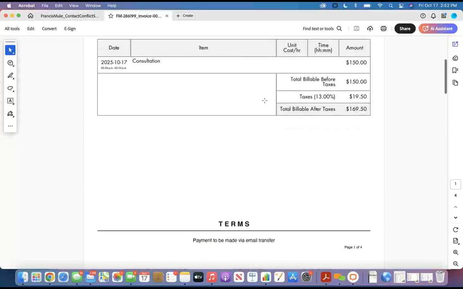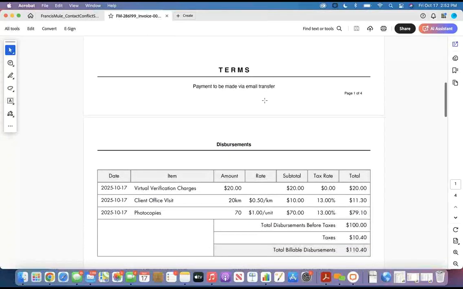Okay, so we have the details here. I want to show you all how the disbursement looks, the specific details of amount, the rate, total, the tax.